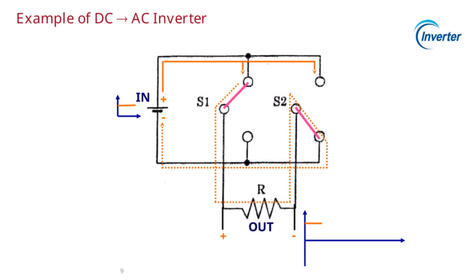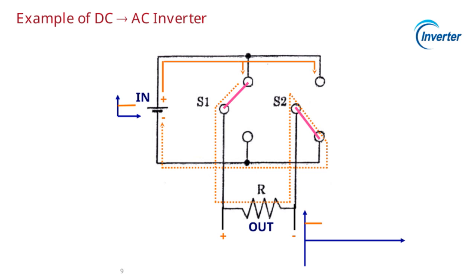All right, let's take a closer look at this example of a DC to AC inverter. As you can see here, the diagram illustrates how the inverter converts direct current, or DC, into alternating current, or AC. The symbols with the plus and minus signs on the DC side represent the positive and negative voltage sources. When we switch these on and off in a specific sequence, the inverter produces an alternating waveform. The out part of the diagram highlights the AC output, which is what we use to power most household appliances